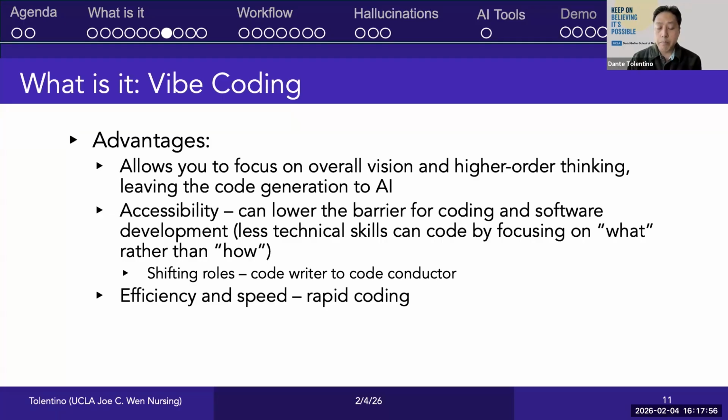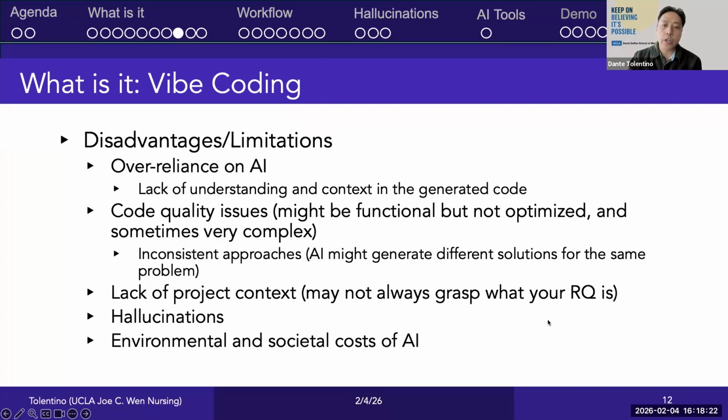And so to me, I treat this as if I'm working with my own personal statistician or coder. But I still need to know the work, right? But I don't need to know the technicalities of how to code in order to generate the output that I need. And so as a result, you have this shift in your role. Instead of being a code writer, you really become more of a code conductor, as some researchers are doing now.